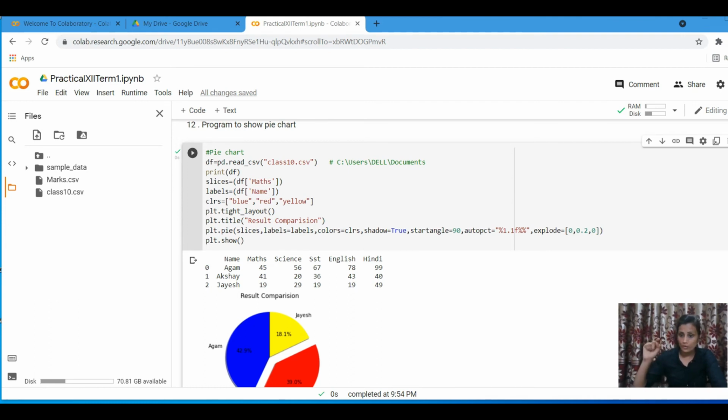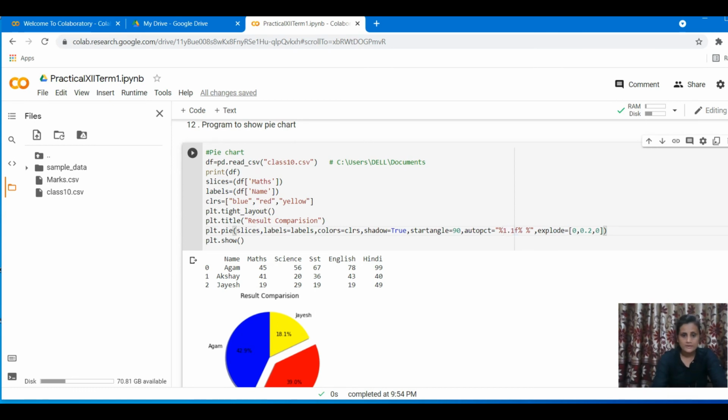It means a float percentage pattern plus a percentage sign, like 18.1 and a percent sign here. This is what a format is. In between is where we are deciding what to write. 1.1f and percentage, you write it like this and you are going to get your output without any problem.